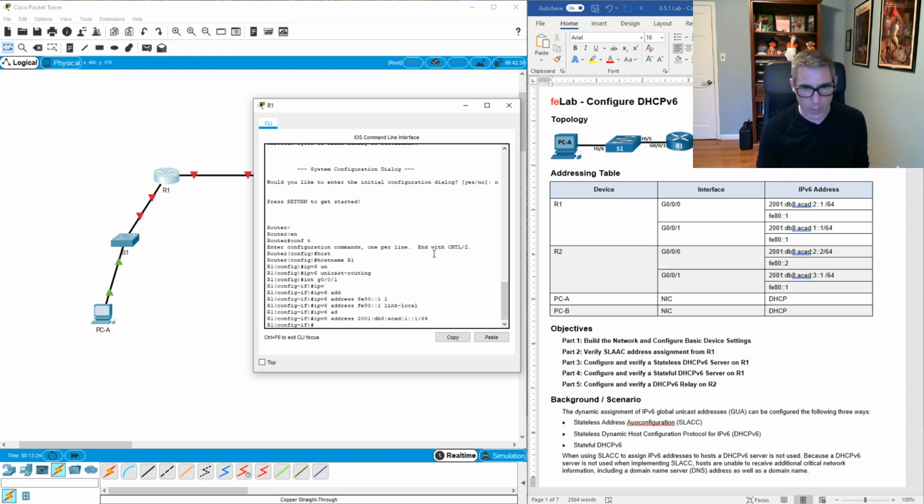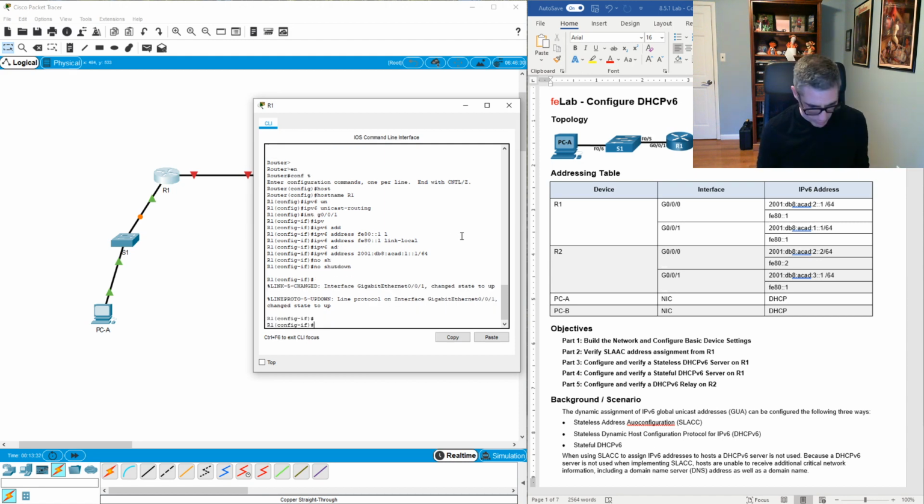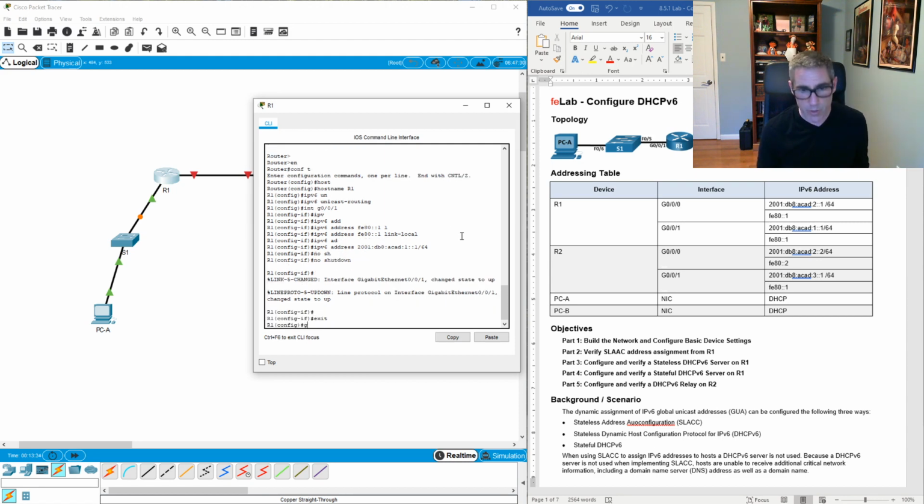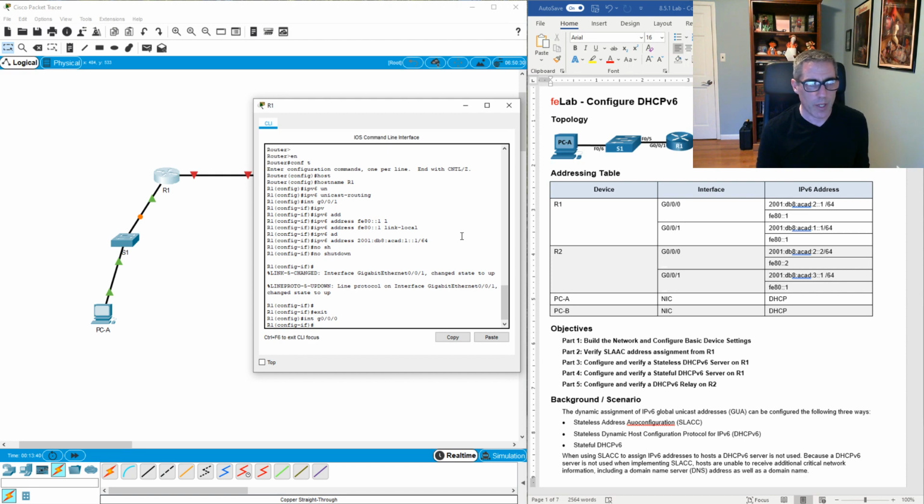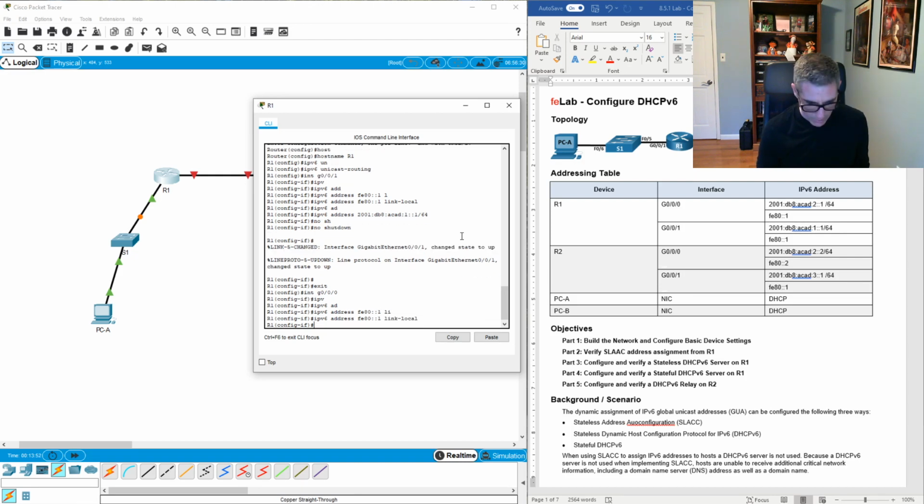Now, of course, we need to do a no shutdown on the interface, and there we went from red to green. So let's do the same or similar on gigabit 0/0/0. Interface G0/0/0, and here we have IPv6 address FE80::1 link-local, and